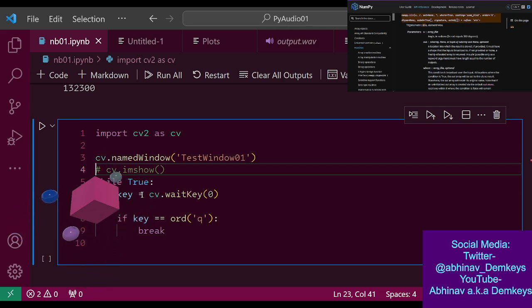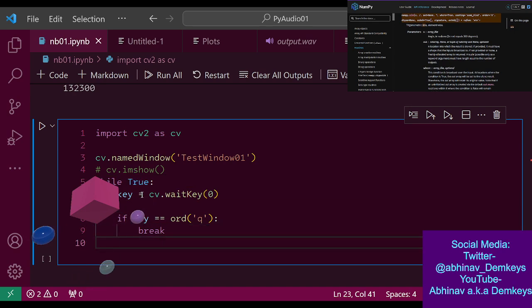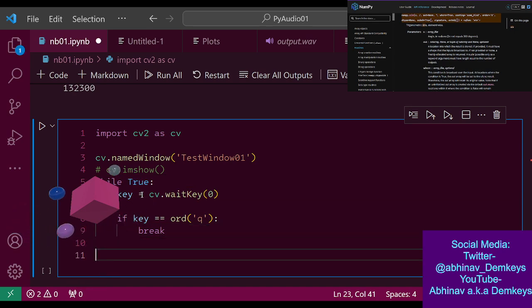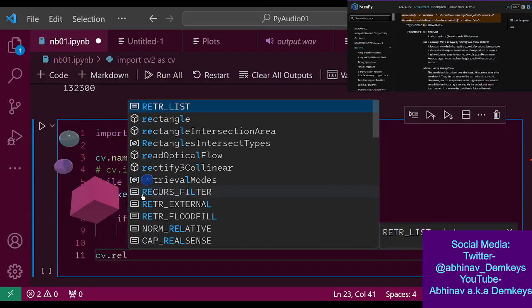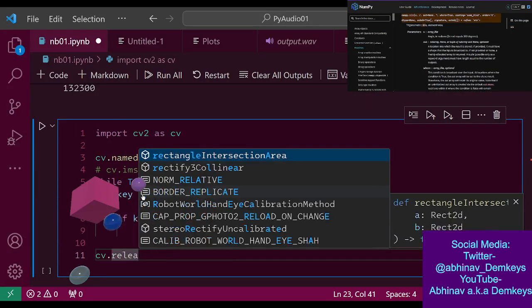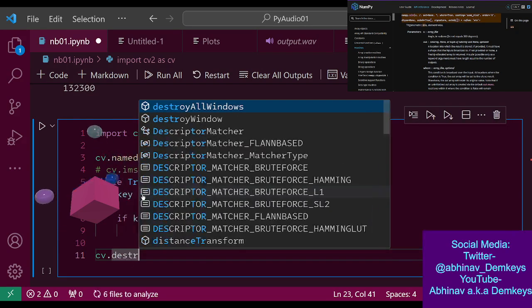Black or white, I could just do 1 or 0 or 255 or 0. Okay, hold on. Let's run this. Then I need to release the thing as well. What was it? Destroy? I think destroy all windows, right? Yeah.